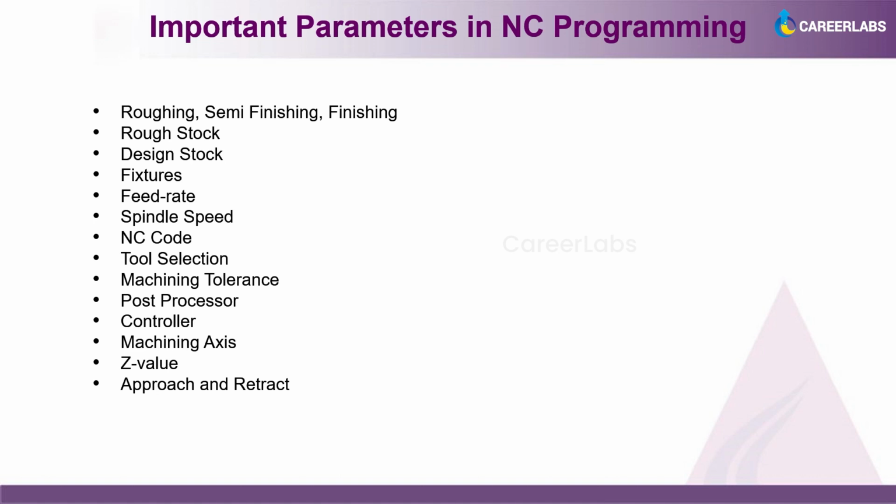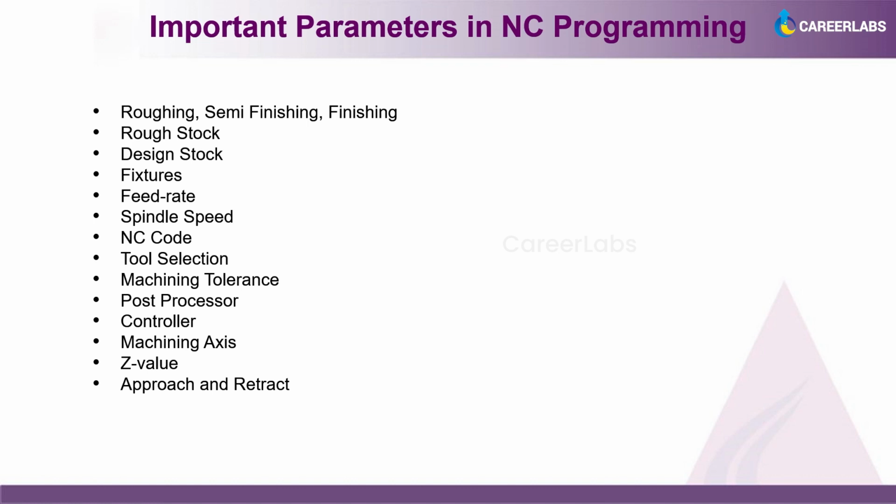Roughing: out of 5 mm, I will try to remove 4 mm through the roughing operation with high speed. Of the remaining 1 mm, I will remove 0.9 mm in the semi finishing strategy. Then the final 0.1 mm I will go for finishing. This helps me save machining time. Along with that, I will get proper surface finishing if I finish 0.1 mm in the finishing process instead of going 10 mm at the same time for finishing.